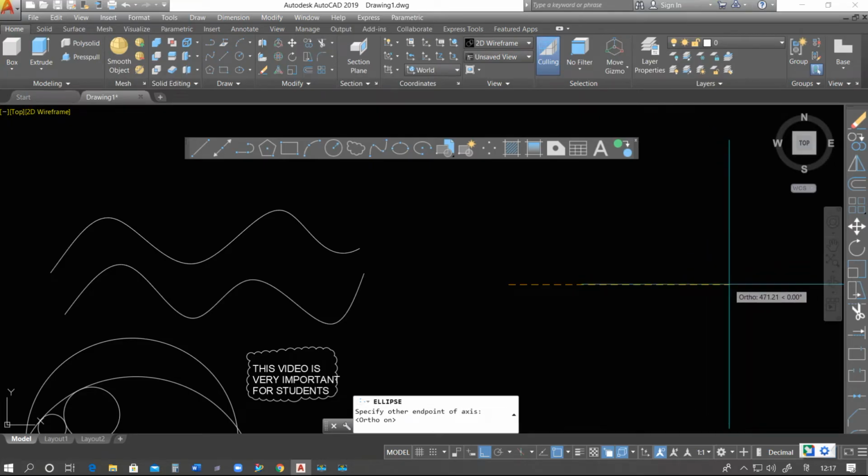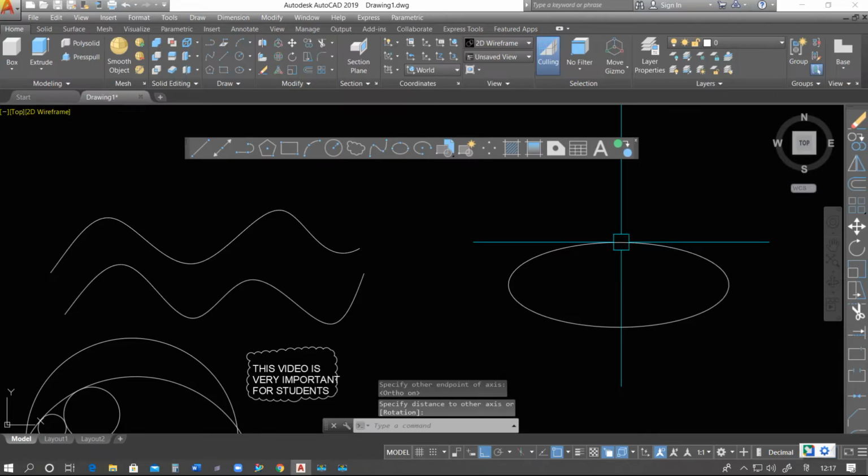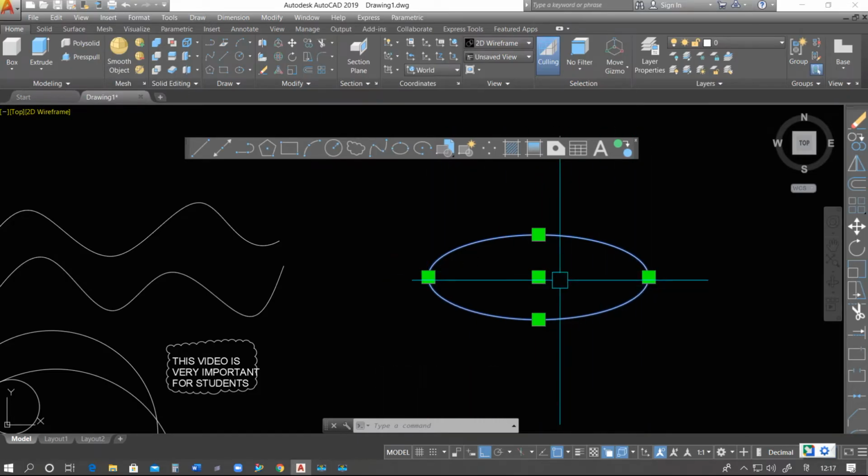I'm saying that it should be maximum, and this one should be minimum. So we can say that this is major radius or major dia, and this one is minor dia, or we can say that this is major radius as well as this one is minor radius. So this is how to use ellipse.